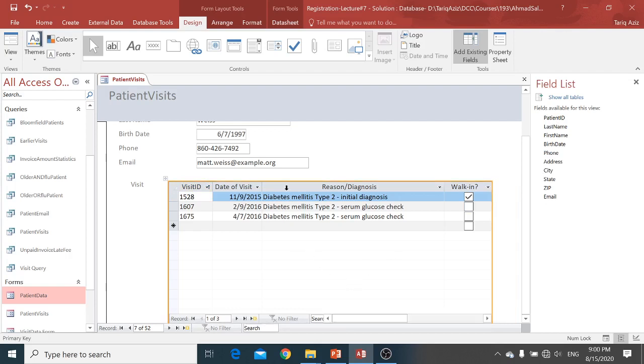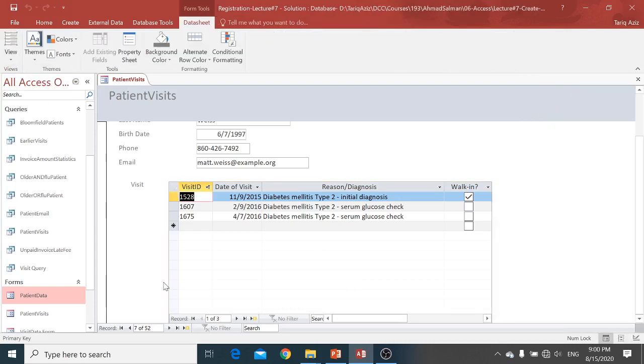Okay, so let's see. I can go back to the form view, and now if you see,